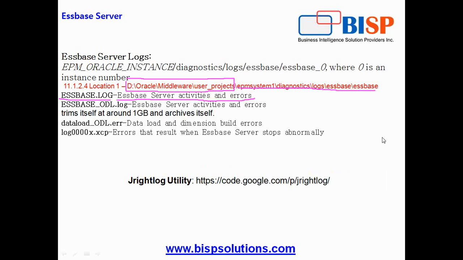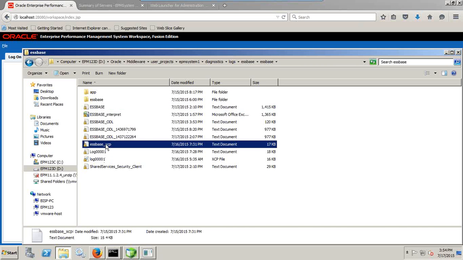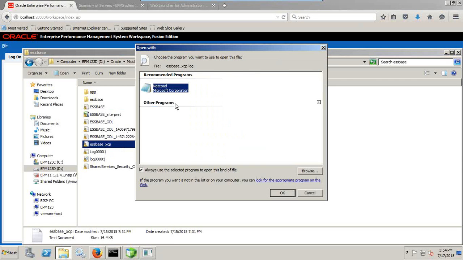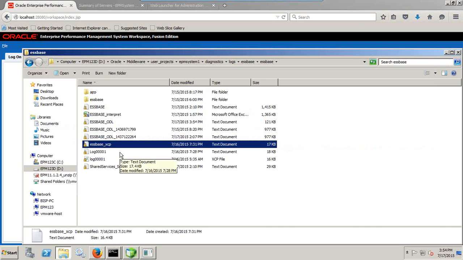We also have one of the most dangerous files, a log file called log000x.xcp. It records errors that result when the Essbase server stops automatically, abruptly, or abnormally. When the Essbase server crashes, this log file gets created. All these log files are available under the path which I showed you. This is my log file. It maintains information about various hexadecimal codes which point to the causes of your Essbase failure. Maybe you need to supply this log file to the Oracle support team when you are unable to figure out